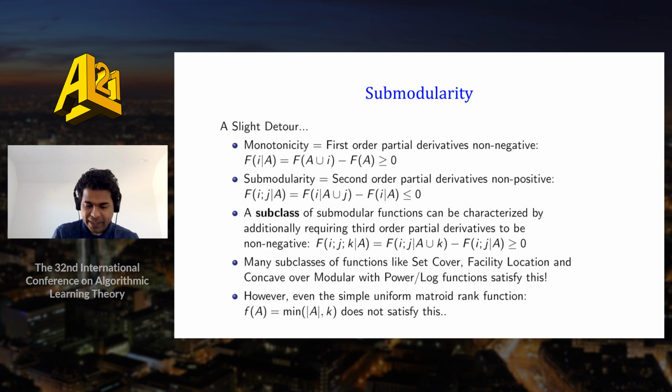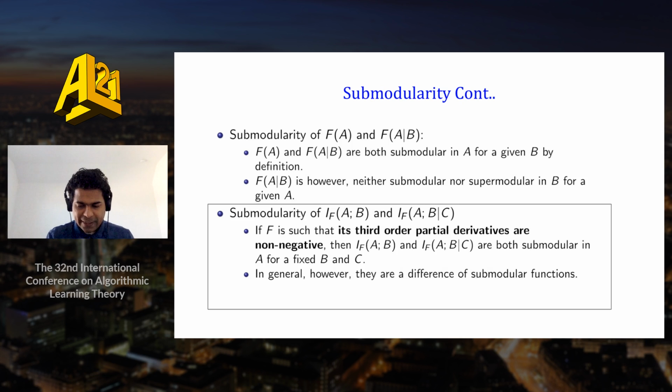So this is submodularity. It turns out that you can come up with a subclass of submodular functions which require that the third order partial derivative be non-negative, right? And this is this expression. It turns out many subclasses of submodular functions like set cover and facility location satisfy this. But what is more interesting is that